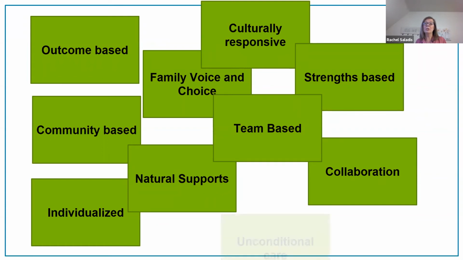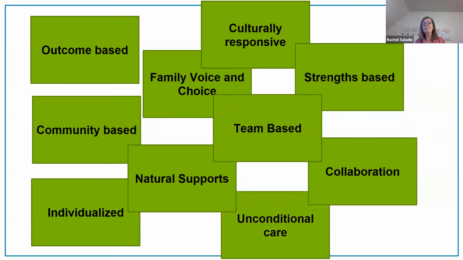It's also really important to note that family or youth cannot flunk out of Tier 3. We provide unconditional care, no shame, no blame, and we're not going to give up on our kids or on the families. We're going to keep working. We're going to persist working toward those goals that the youth and family have identified until the team reaches an agreement that a formal Tier 3 process is no longer required.